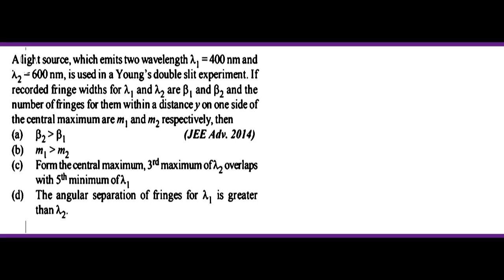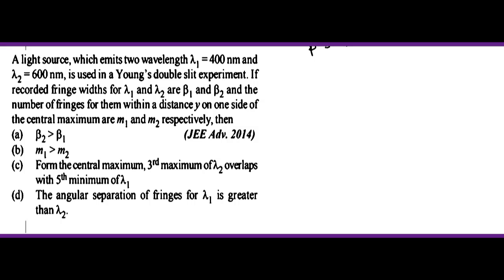इस क्वेश्चन में हमें दिया गया है a light source which emits two wavelengths lambda 1 and lambda 2 is used in a Young's double slit experiment. If recorded fringe width for lambda 1 and lambda 2 are beta 1 and beta 2 and the number of fringes for them within a distance y on one side of the central maxima are m1 and m2 respectively. तो आपको बीटा और m में रिलेशन बताना है, ठीक है।